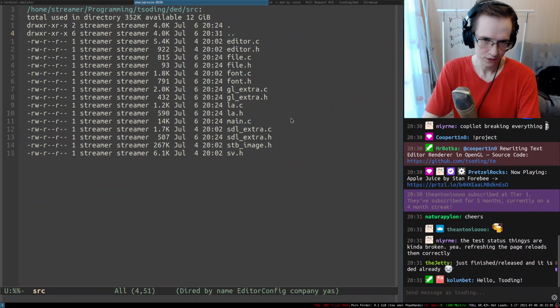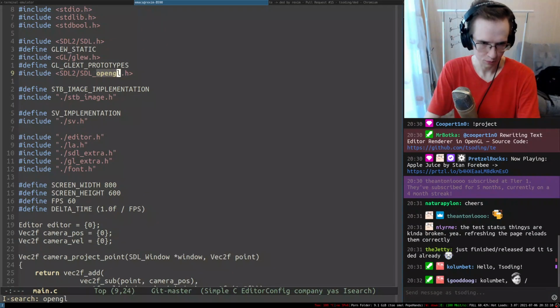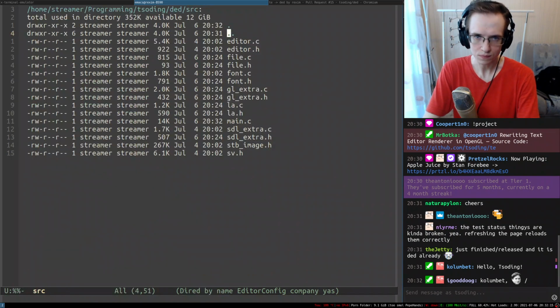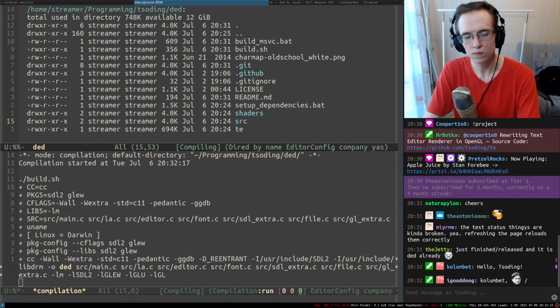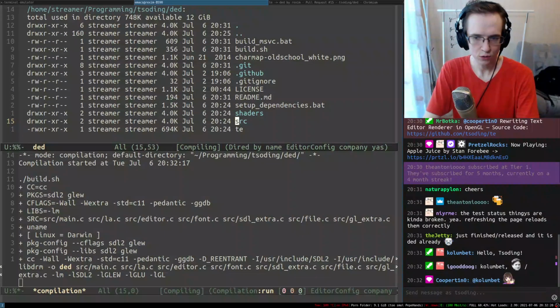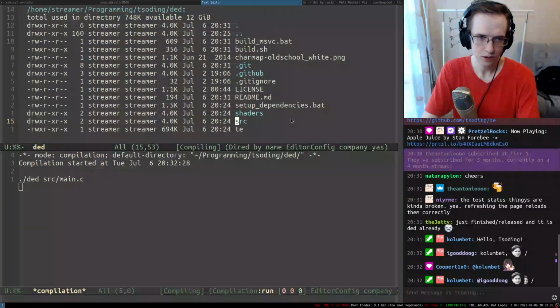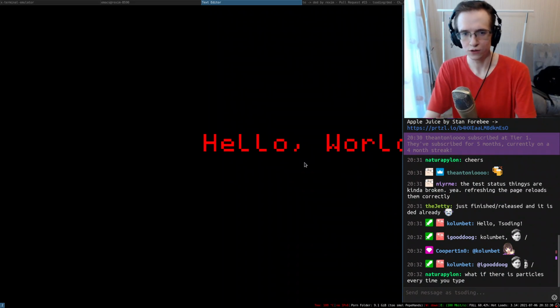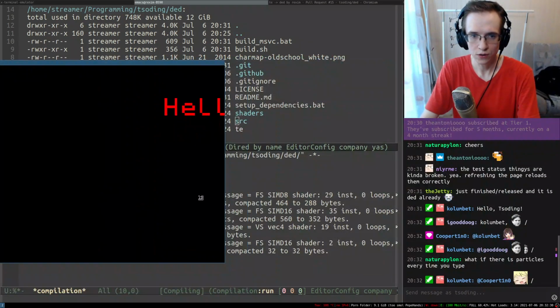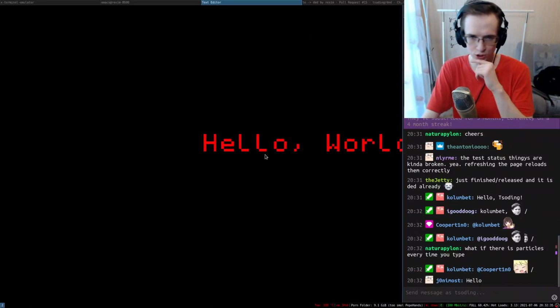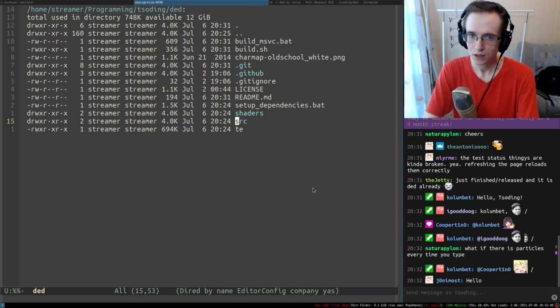So yeah, right now we're using the SDL renderer to do all of this stuff. And if I switch to the OpenGL renderer, there we go, and rebuild this entire stuff. We're gonna go into an unfinished OpenGL renderer. So this is gonna be src main.c. There we go. So as you can see, here is a demonstration that we can render text with OpenGL, right? All of that is generated on the shader, and we're using the same font.